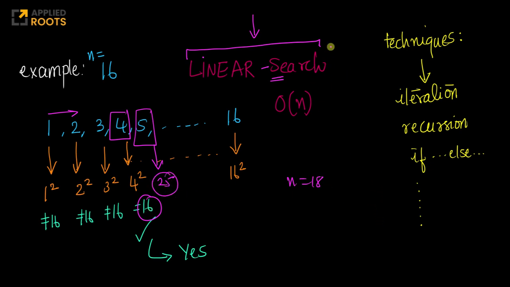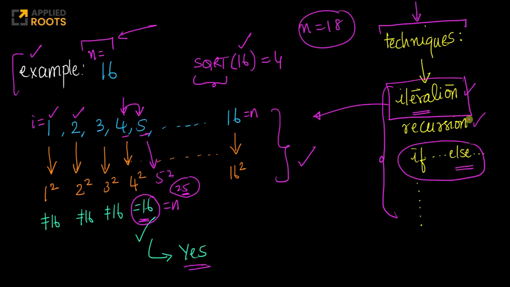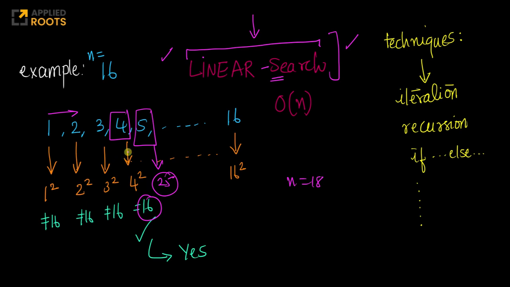So what you're doing here is a simple linear search, right? Very simple. Again, you're using iteration as a strategy, but this problem is very, very similar to a simple linear search. And what is the time complexity of linear search? It is order of n. Very simple again, right? So the time complexity of this solution is order of n.